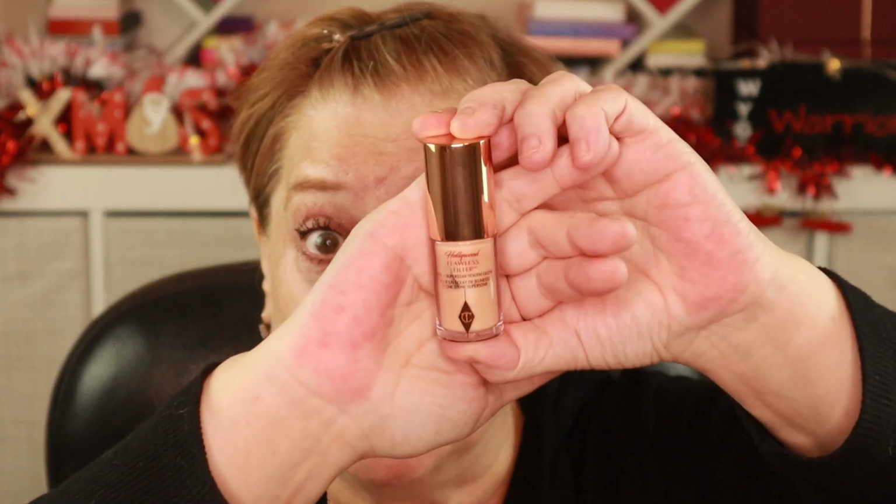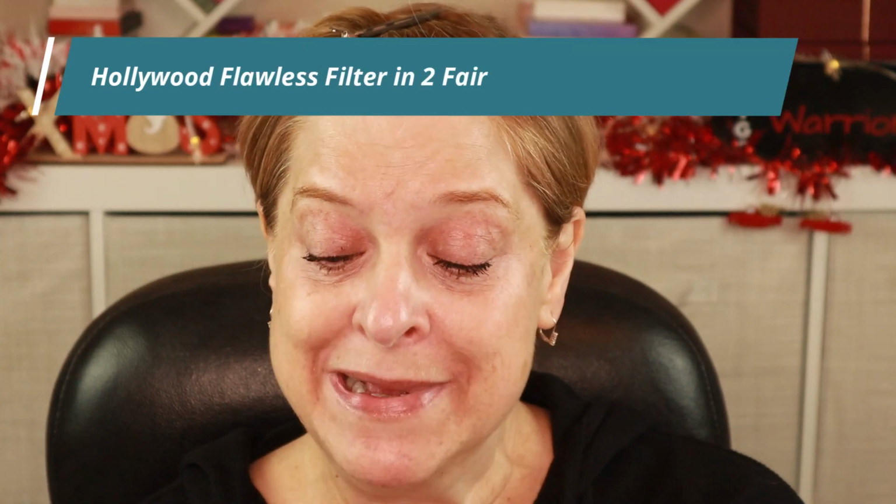also be Charlotte Tilbury. All right, let's start off with an oldie but a goodie, the classic Hollywood Flawless Filter to prep my skin and get a nice dewy glow going. Let me know if you have been able to try this product yet. It is gorgeous. I love this. Look at the glow it gives, and on camera it's not doing the justice that I can